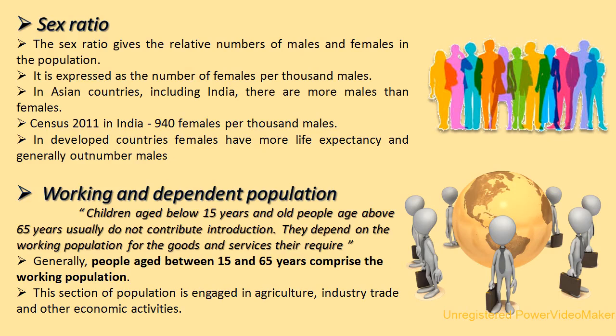They are between the age of 15 and 65. So they are working and earning money, and they are spending that money for themselves and the people in the family, for the people aged above 65 and people below the age of 15. So now you understood who is working and who is the dependent population.